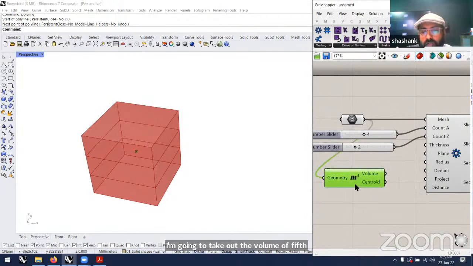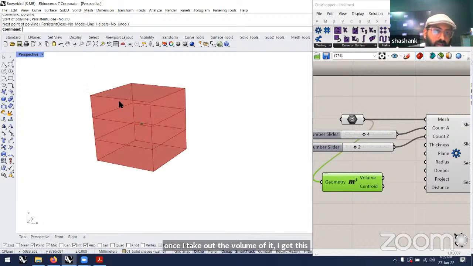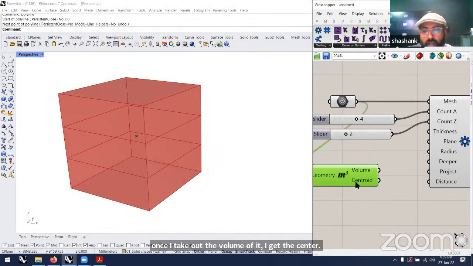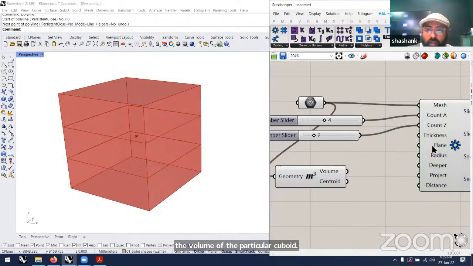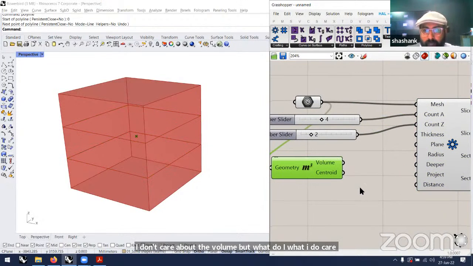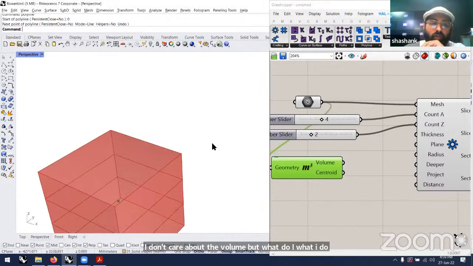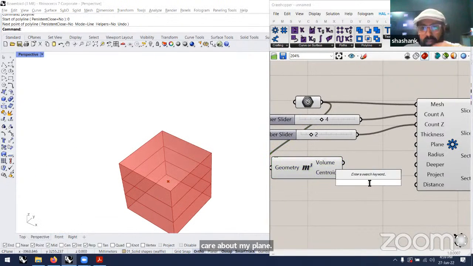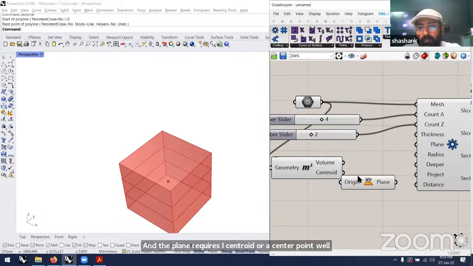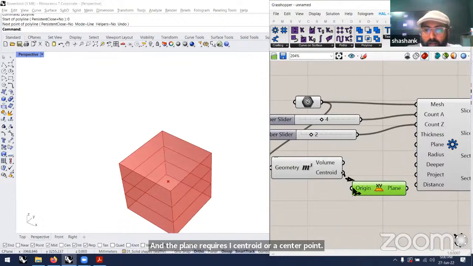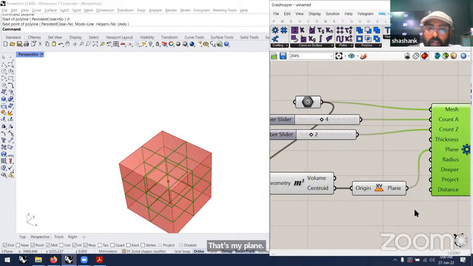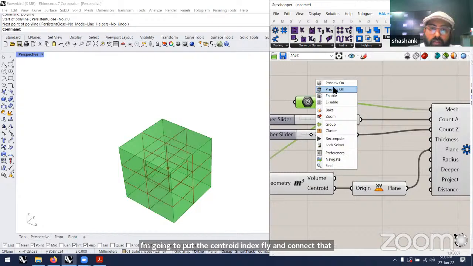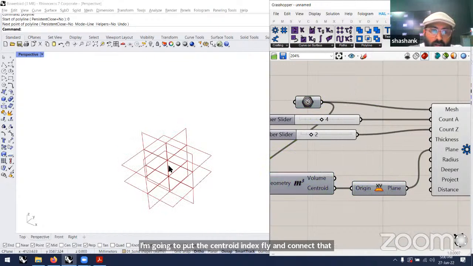Once I take out the volume of it, I get the center, or the central point of it. I get a centroid and the volume of the particular cuboid. I don't care about the volume, but what I do care about is my plane. And the plane requires a centroid or a center point. So let's say XY, that's my plane. I'm going to put the centroid in the XY and connect that to the plane. And that is now where you start seeing